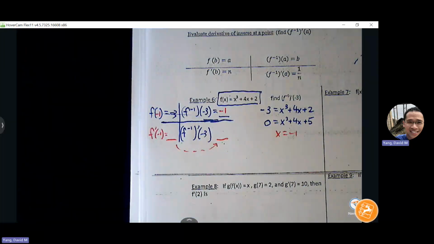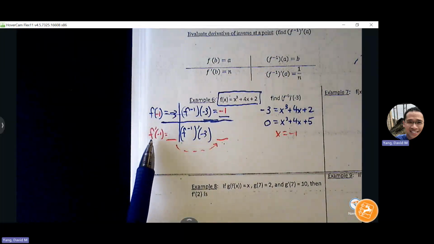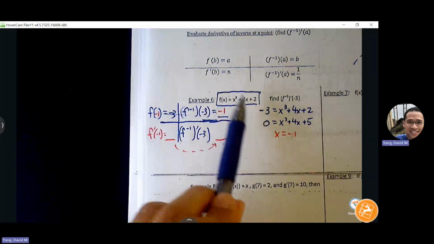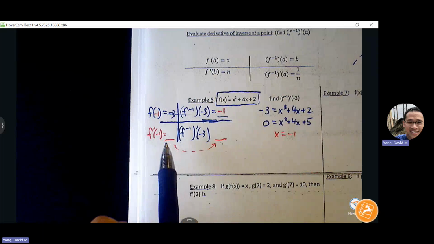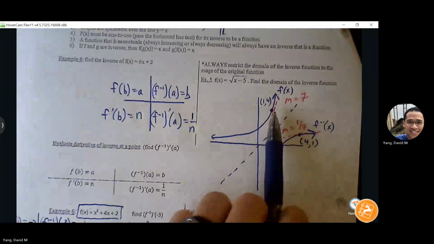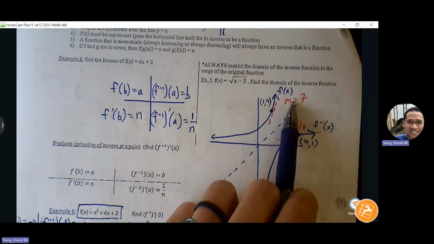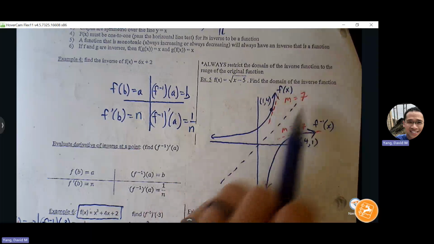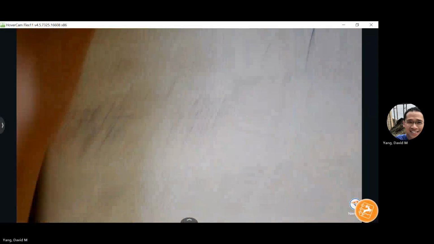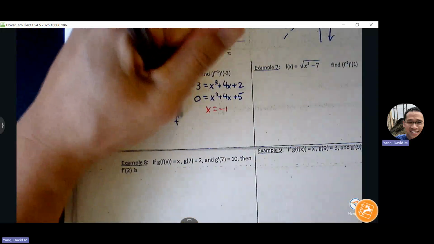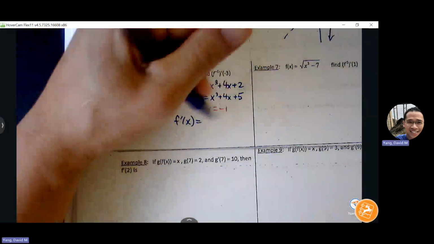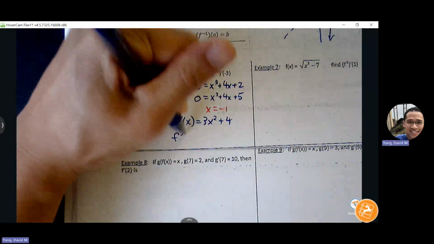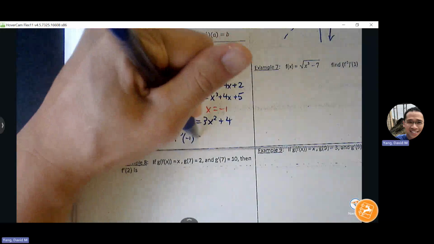So how can I get towards finding f prime of -1? Take the derivative and then plug in -1. Yep. If I find the slope on my f graph, then that's all I need, because this number will lead me to this number. I don't have to do any work on my inverse side. I can do everything on my function side. So let's find f prime of x. What's f prime of x? f prime of -1 is equal to